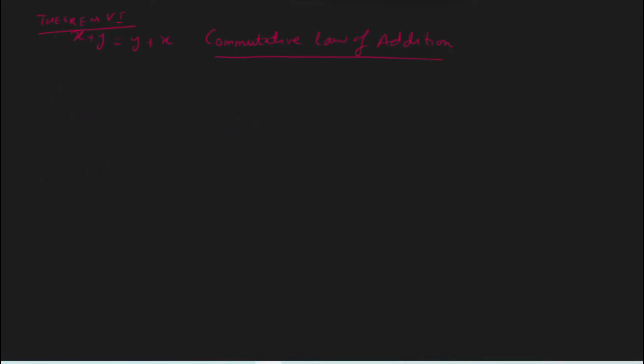But before I go on to proving it, let me remind you again what the properties of addition were. The first property was x plus 1 is equal to x prime. The second property of addition was x plus y prime is equal to x plus y whole prime. Two other properties we are going to use in order to prove this commutative law of addition were taken from the construction of addition. If you remember from the construction of theorem 4,